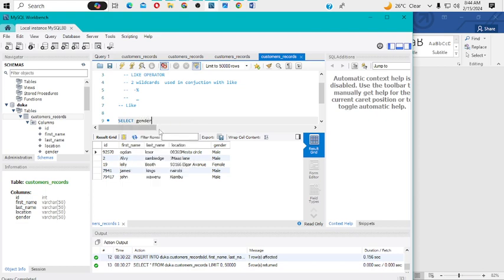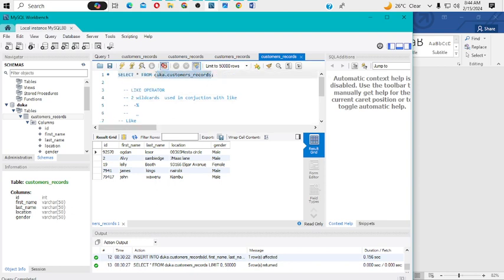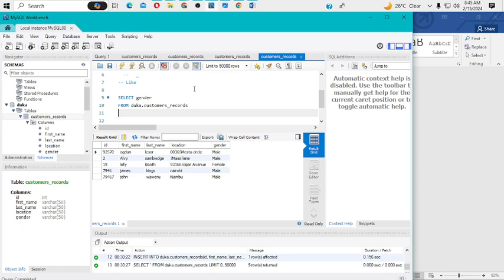That is gender, from this table. Let me just copy paste this. From duka.customers underscore records, where